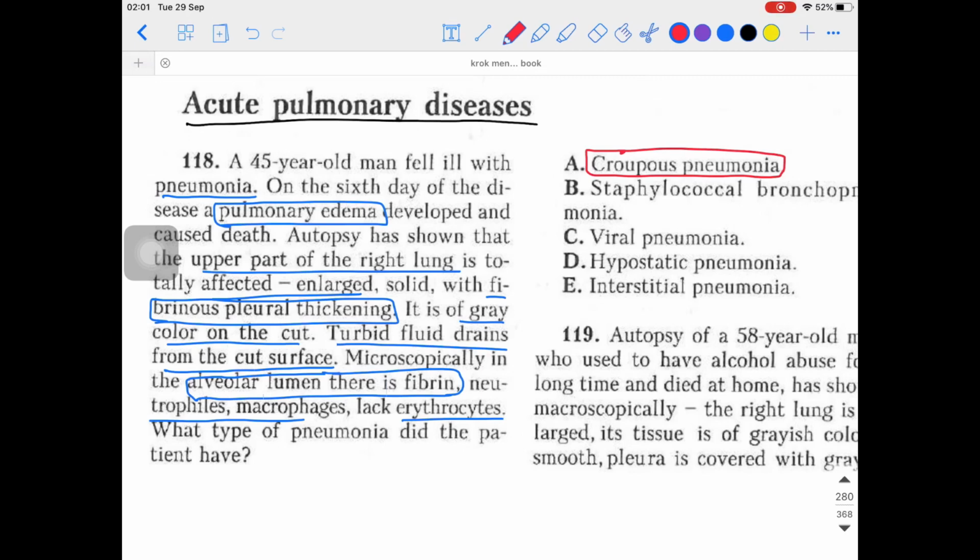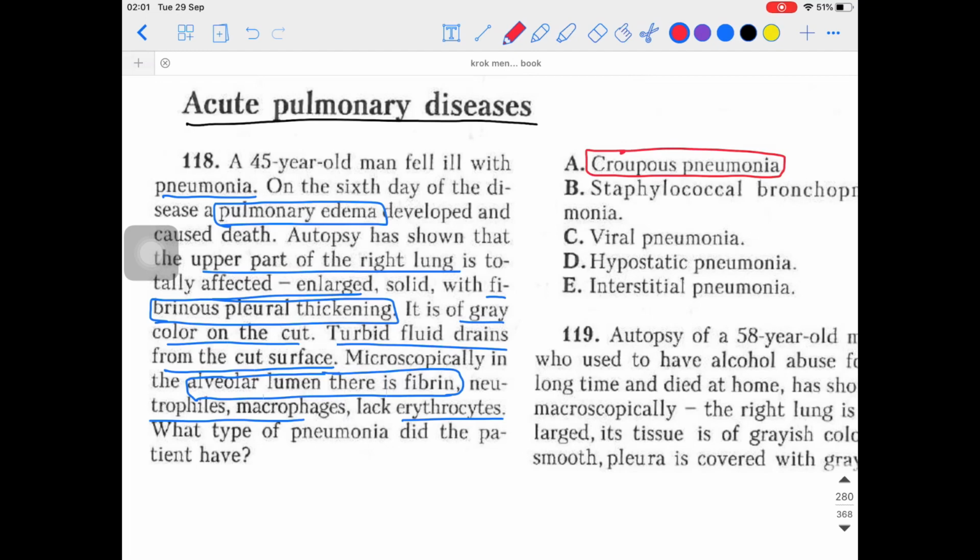So the first stage predominates in the first day, in the first 24 hours. Congestion will be seen in the lungs, and the edema will be seen in the first 24 hours, because the process of the pathology starts over there. Some kind of fluid will be accumulating inside the pleura, because I told you, pleuropneumonia, isn't it? That is the other name, synonym of this lobar pneumonia or the Croup-Bush pneumonia or the fibrinous pneumonia. So first stage is the congestion and edema. It will be appreciated in the first 24 hours, first day.